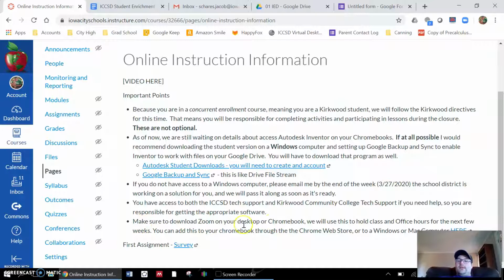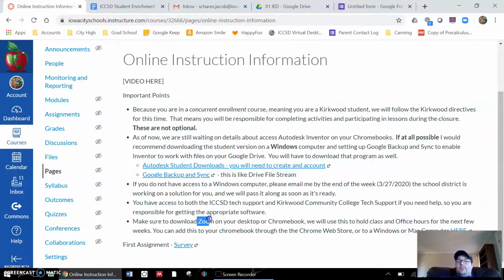The last part of this is I haven't decided yet if I'm going to use Zoom or if I'm going to use Canvas for those more in-person meetings, but we will be planning on holding an actual class, probably 2 or 3 times a week. It won't be long, just to kind of catch up, make sure we're all on the right track. And I will also be using that for something like office hours, where I'll set up some times where you can log in and talk about any problems you're having, any questions, any assignment related things like that.